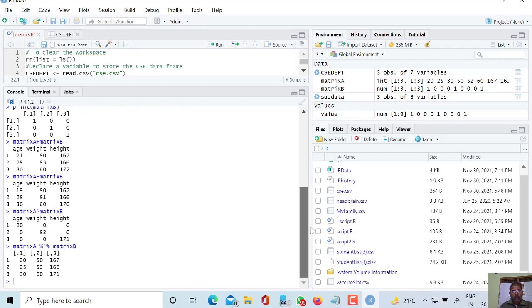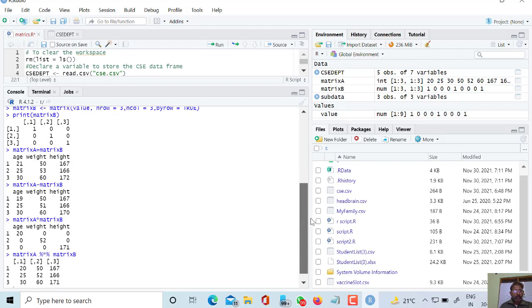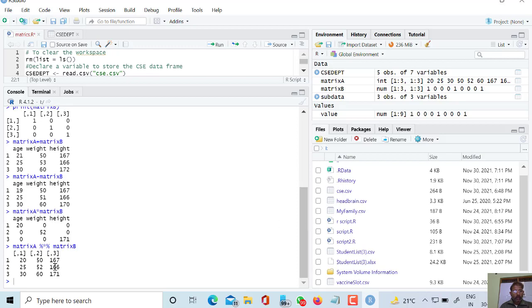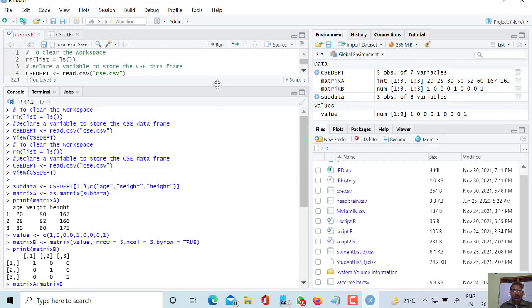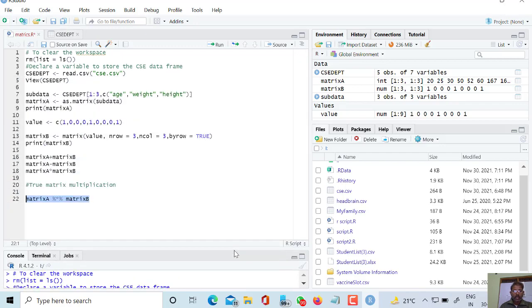It is because it is an identity matrix, and therefore if we multiply then we expect the same matrix, and here we have got the same matrix, so we can say that the matrix multiplication operation is okay also.